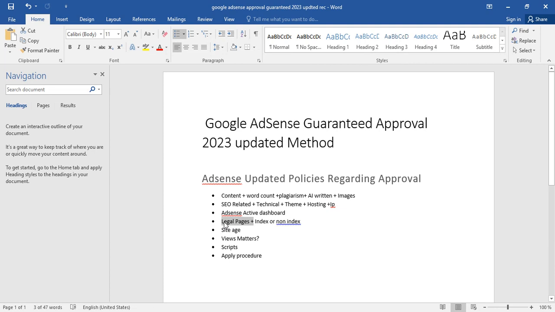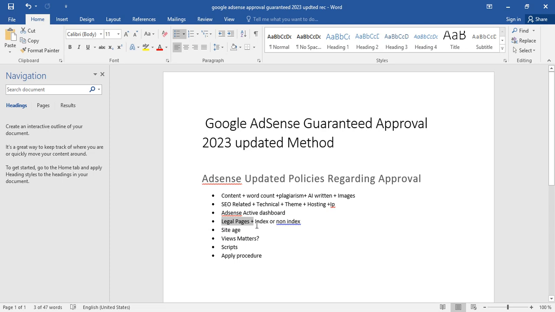So if you copy and paste the necessary required things, if you give Google necessary things that are plagiarized, written by others, then why will Google give you approval if you are not even respecting their policies, if you are not respecting their specific requirements? So write these pages by your own hands, using your own intellectual mind.